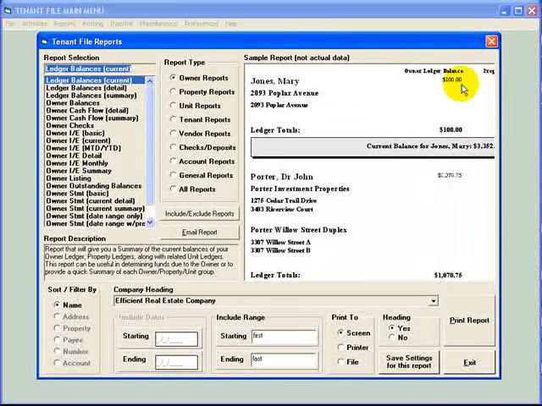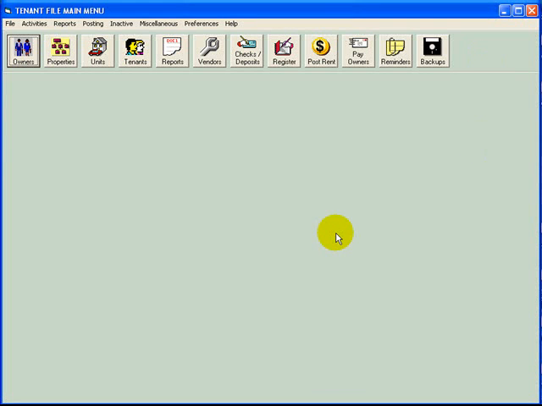I'm going to hop out of here, hop in the program. Here's the main menu for the Tenant File program. It's very simple. They didn't put a ton of time into making it look pretty and nice like Quicken. Quicken is really pretty, really nice looking software, but doesn't have a ton of features. Tenant File is a really basic looking software, but has a ton of features, and the price, of course, reflects